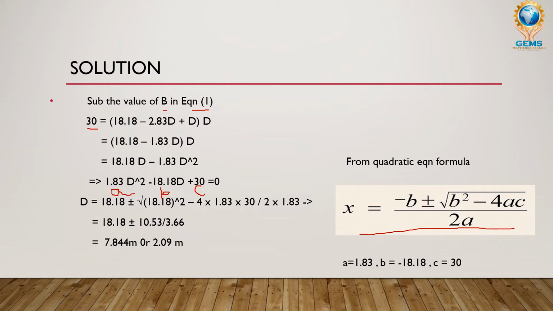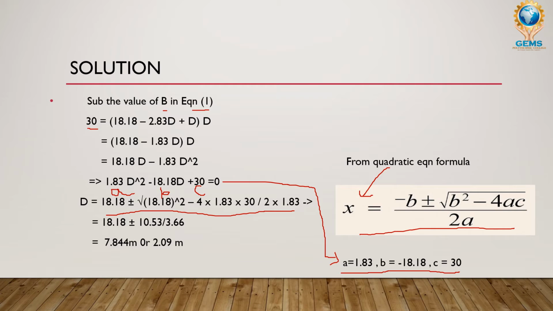Now a, b, c values are there. Now you are going to substitute the a, b, c values in this x equation. This x equation is our quadratic equation. In order to find the value of d, you are going to follow this step. I have mentioned for your identification what our a, b, c values are, which I have taken from the equation here. I have marked them with the arrow. Kindly make a note of this, and you are going to substitute these values in the equation as I have substituted here for d.